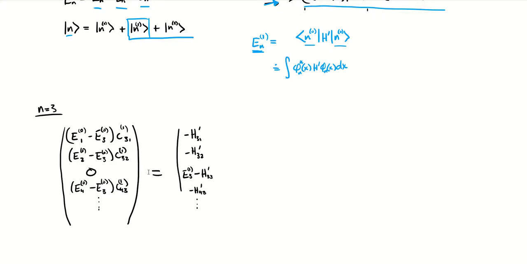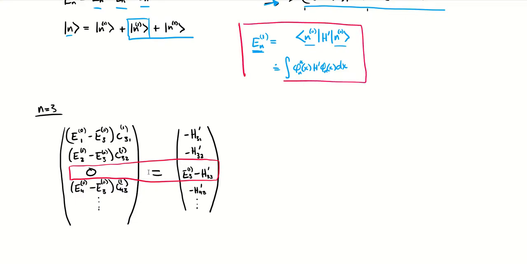And in the last video, we went through in a bit of detail how we got here. But what we did in the last video is we looked at that n equals 3, that third row in this matrix equation, and that's how we solved this. That's how we got our first order correction to the energy eigenvalue. What we're going to do today to find the eigenstates is look at all the other rows. And that's what we're going to use to figure out what the corrections to the eigenstates are.